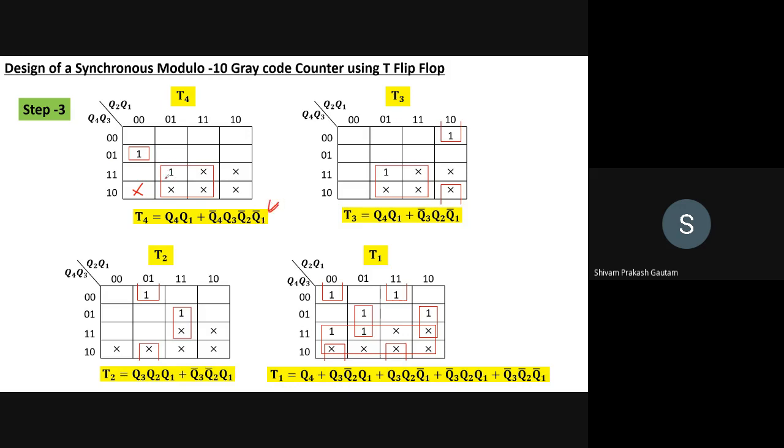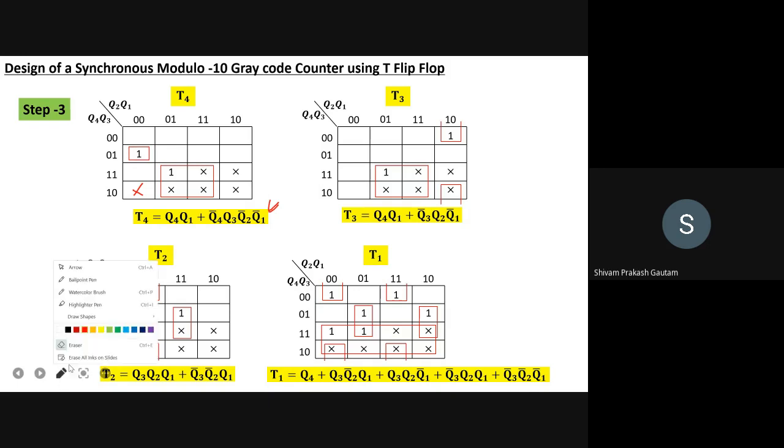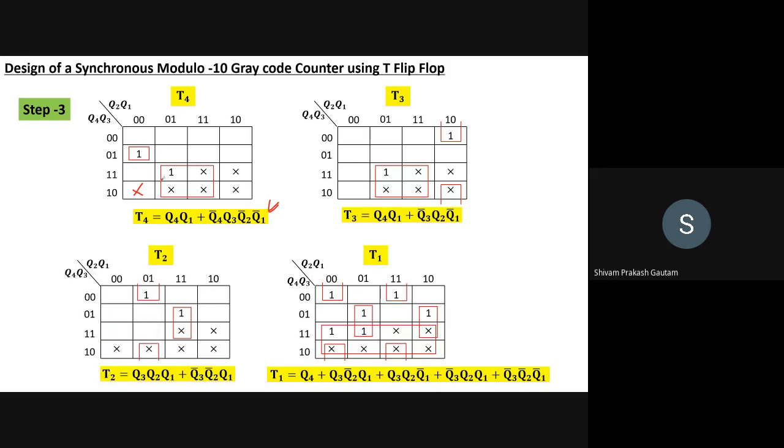And for the grouping of this, you can group this in a quad, right? If we are having don't care here, then you could have grouped them in an octet, but this 12 is not a don't care. 12 we are having 0, right? 12 is not a don't care, so we have grouped it in a quad, and this will come out to be Q4. Just here we are having Q4, and here we are having Q1, right? So Q4 and Q1 you can find it out here, right?